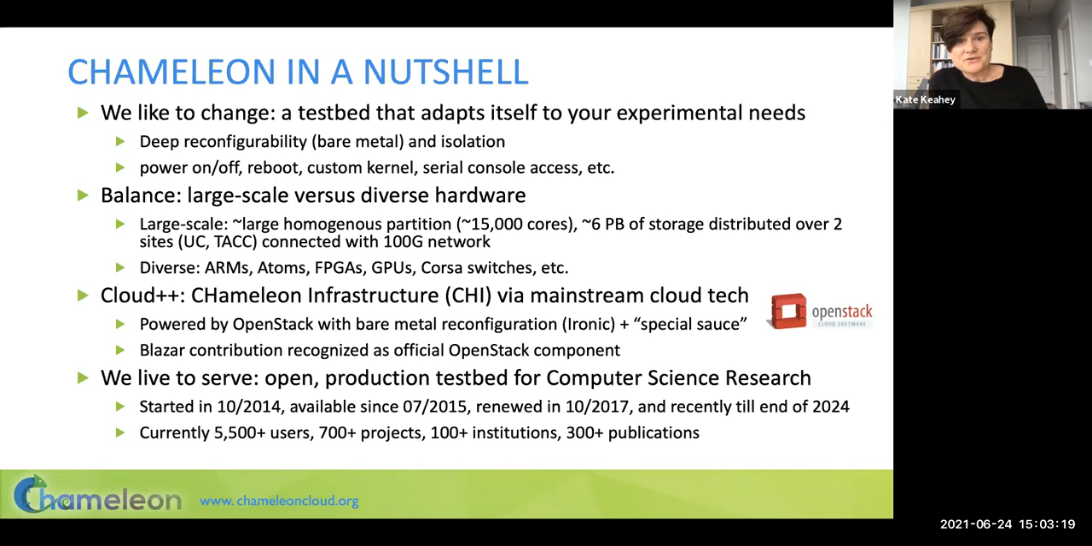So Chameleon in a nutshell. First of all, chameleons like to change. So this tells you right off the bat that it's a testbed that likes to adapt itself to your experimental needs. Our users work on projects like designing new operating systems, designing new networking protocols,